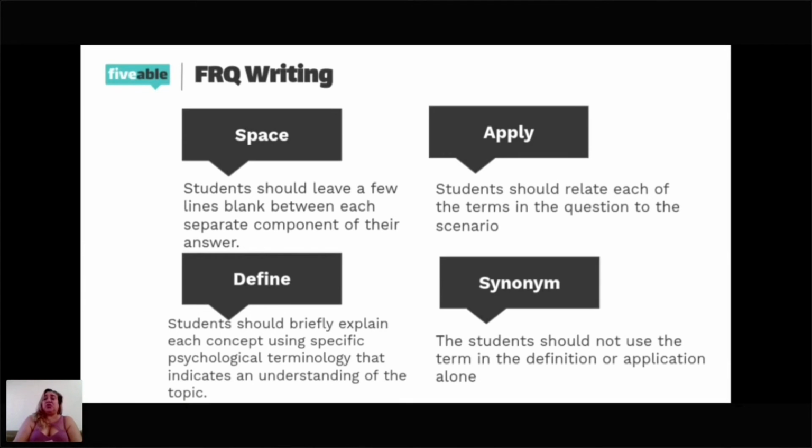Yeah, I know. I think it's too short too. I think 3 to 4 sentences, so that's why I say put the definition in there. Okay, so spacing, apply the key term to the scenario when you're at